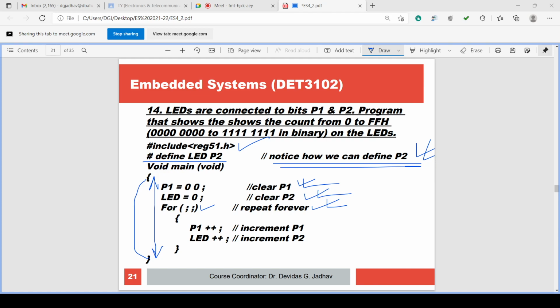The LSB glows, then the second glows, then second and LSB glow, then the third glows, then third and LSB, then third, second, LSB, then fourth, likewise. Fourth and second, then fourth and third, fourth, third, second, and so on. Then fifth, first. Okay. I cannot identify. What is the remedy? What is the solution to that?